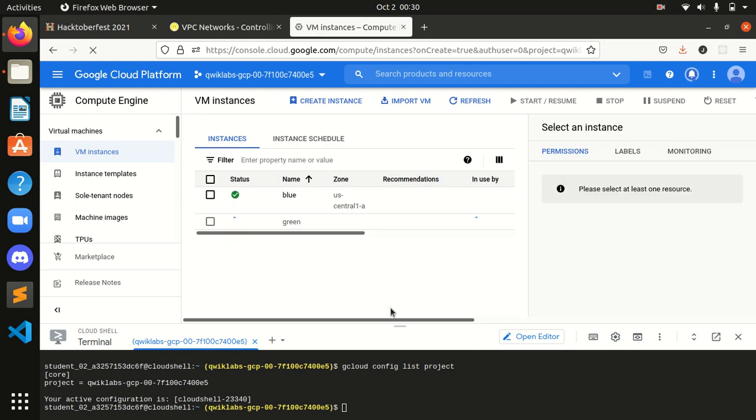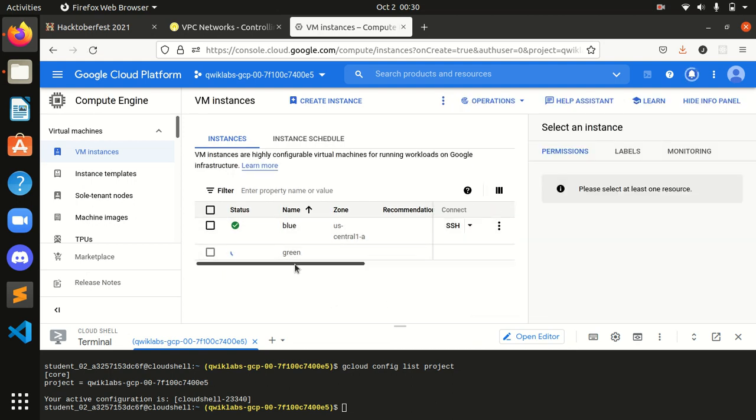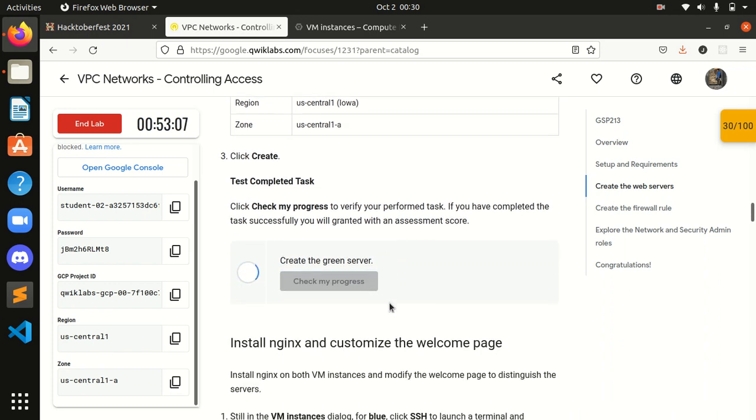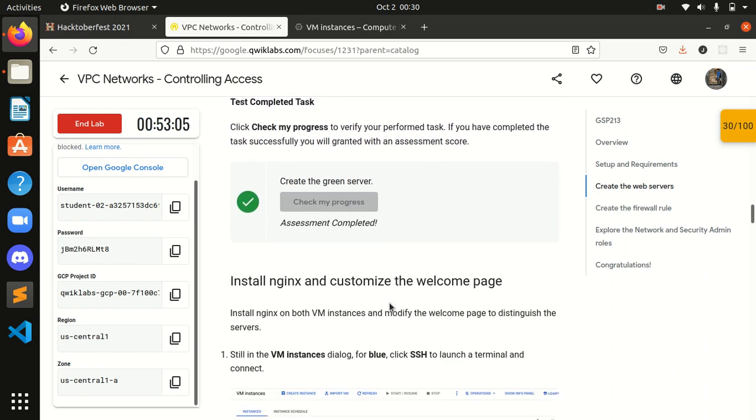As you can see, guys, this one is green, and this one has also been created over here. This 2-second task is also running over here, and wait a second, within some seconds we will be done with this also. We are done with this, guys.